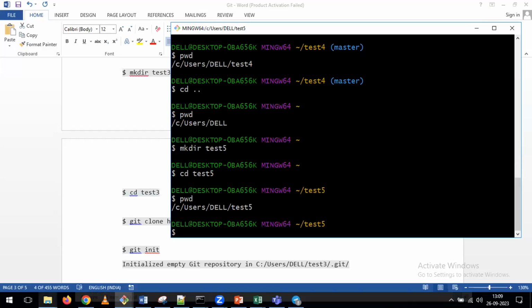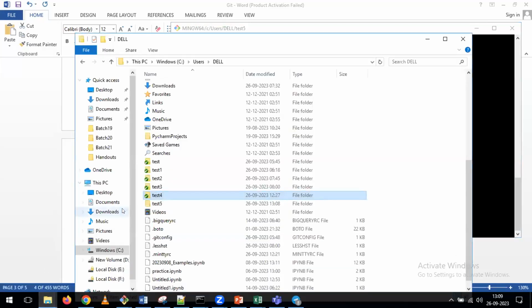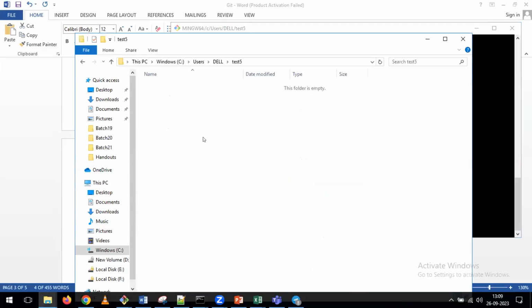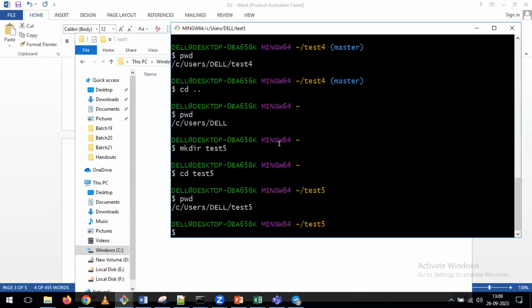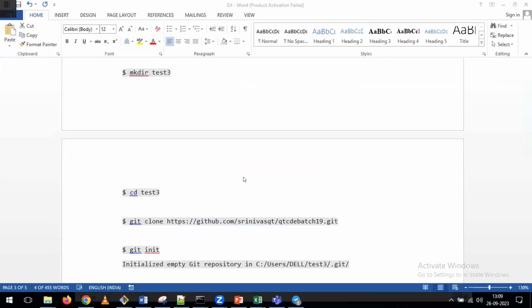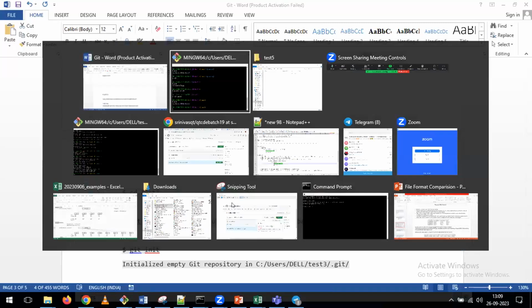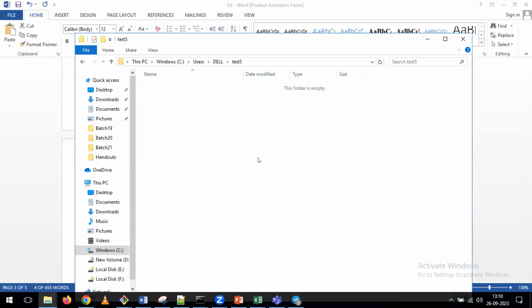Okay. Now if you go back to your normal laptop and see the test5 folder, tell me, in this test5 folder, do we have any code? This is the fresh folder we just created. For that reason, in this folder you cannot see any information. Now my requirement is, in this folder, I want to get the code from my personal branch, or from the Git bucket. Whatever code we have in the Git portal, that entire code I want to get into my test5 folder. So for the purpose of getting your code, what we have to do here is